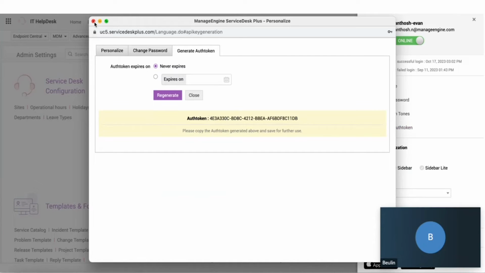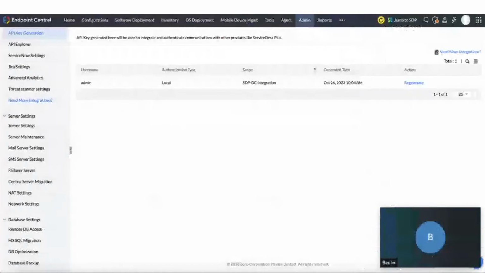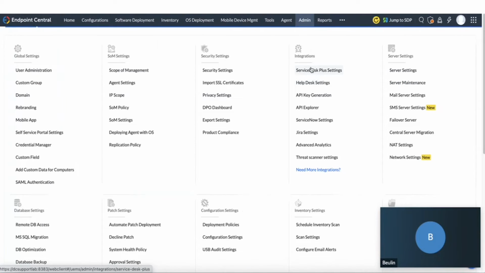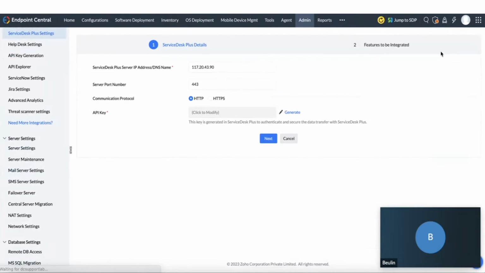So once the auth tokens and API keys are generated from each console, you can go back to the Endpoint Central console and go to admin and go to ServiceDesk Plus settings, and you can modify this, and you can provide the ServiceDesk Plus server IP address or the host name, and then the port number, and you have to choose the protocol, and then you can provide the API key. So this is the auth token which is generated from the ServiceDesk Plus server. So you have to provide the key here, and then you have to go to the ServiceDesk Plus server